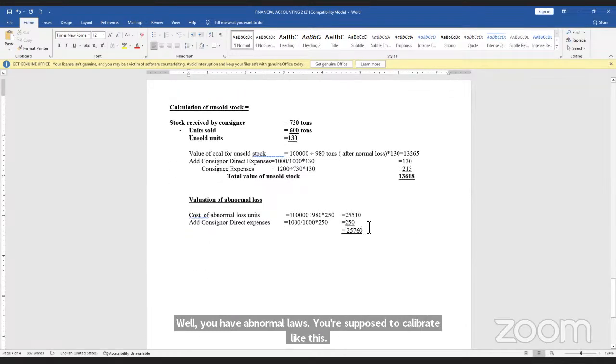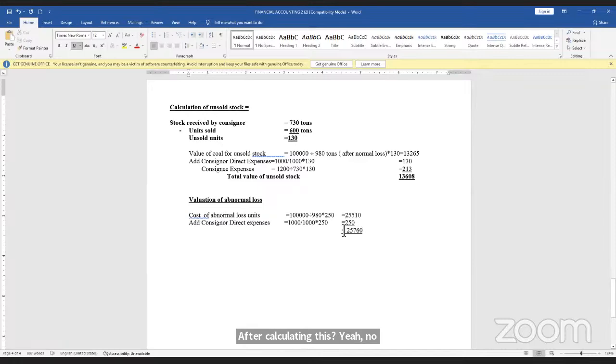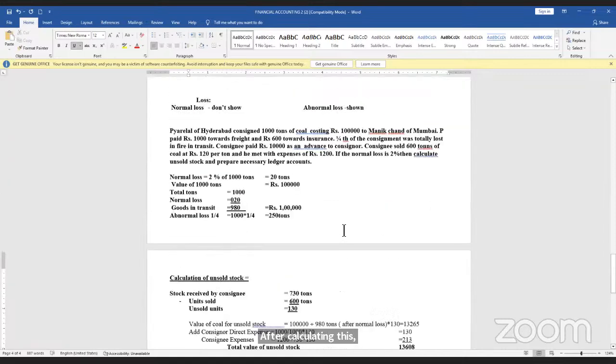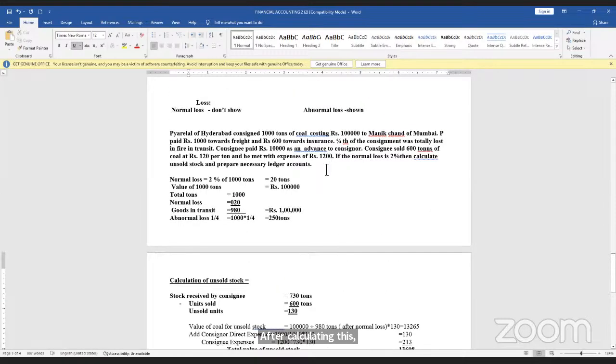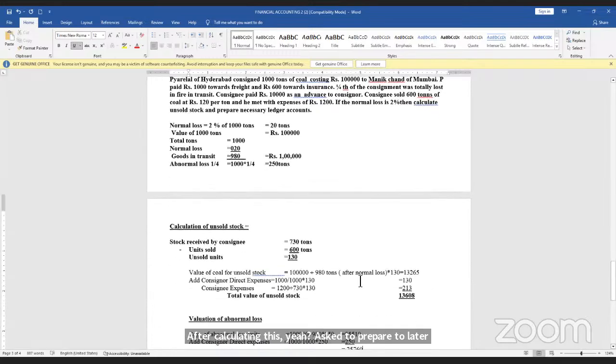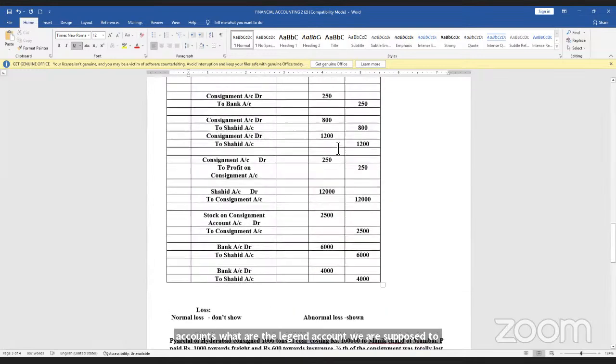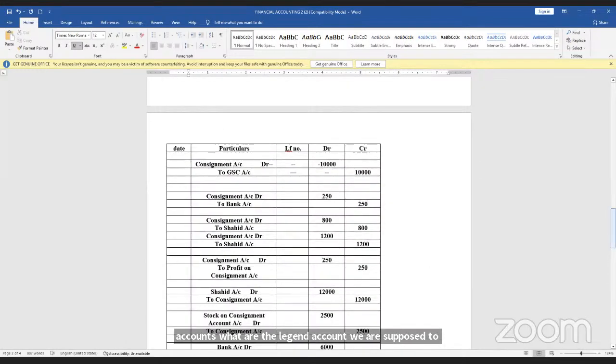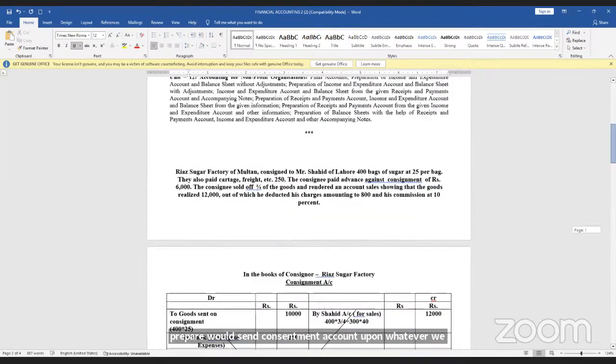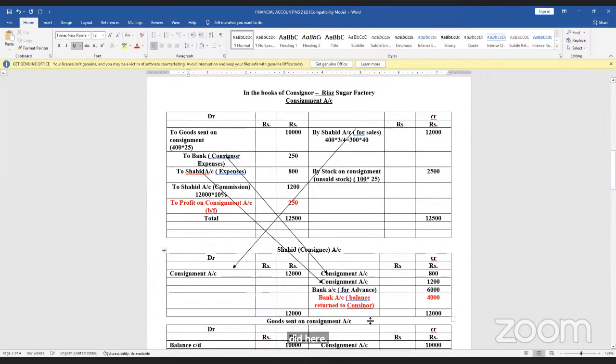After calculating this, we are asked to prepare ledger accounts. What are the ledger accounts we are supposed to prepare? Goods sent on consignment account, consignee account, whatever we did here. Consignment account and consignee account. Let us take